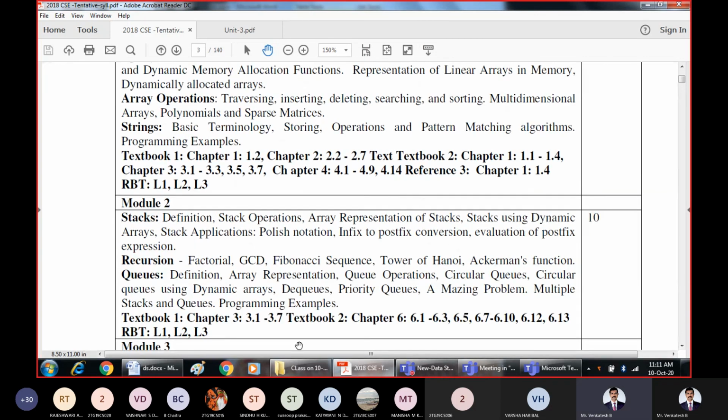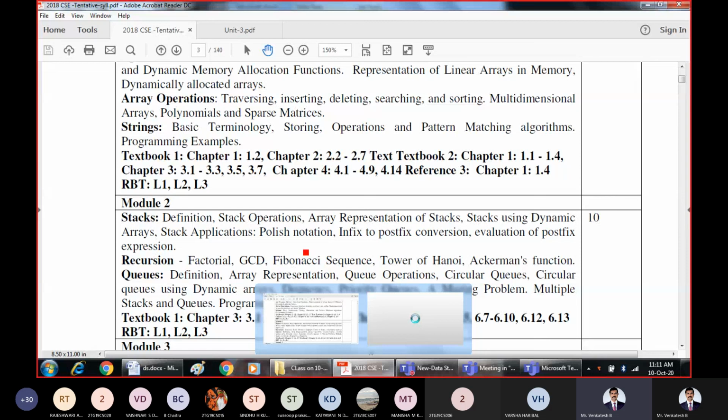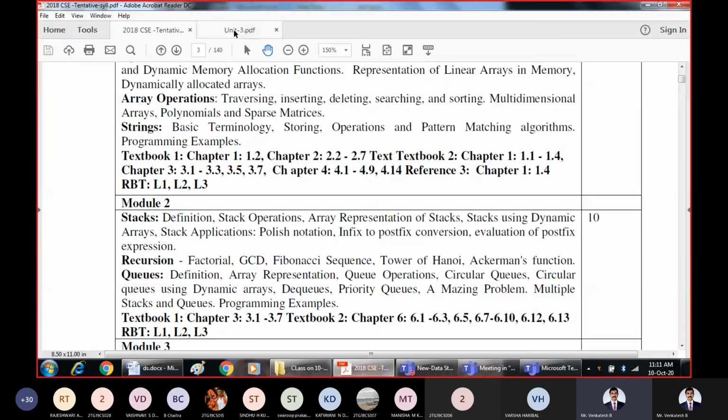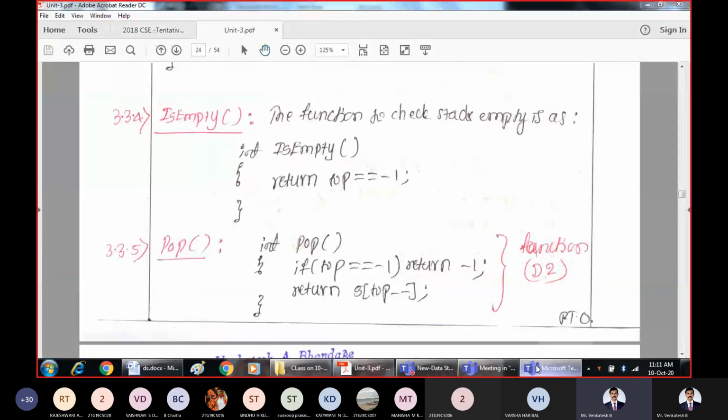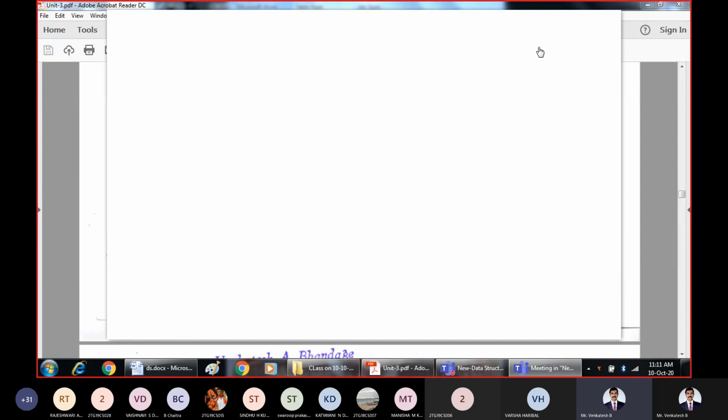Stacks in dynamic arrays. Now let us see the different applications of the stack. We can make use of stack in different areas, such as evaluation of postfix expression, conversion of expression from infix to postfix,